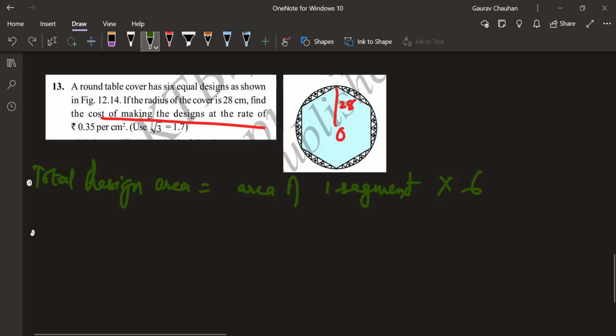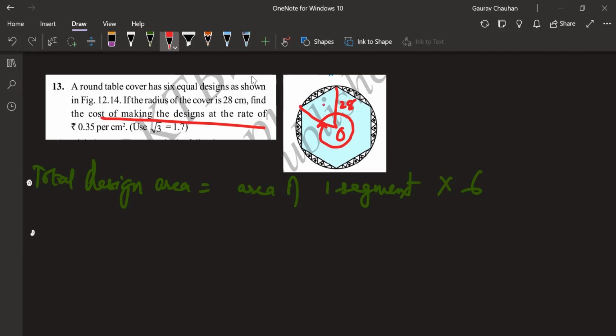We will do all that game of trigonometry. But to do that game of trigonometry, you need this angle, no? You need this angle, right? What is this angle? How do we find that angle? They are all equal designs, which means they are all equally projected from the center. Which means if I go through this round, this one design is 1/6 of the total rotation.